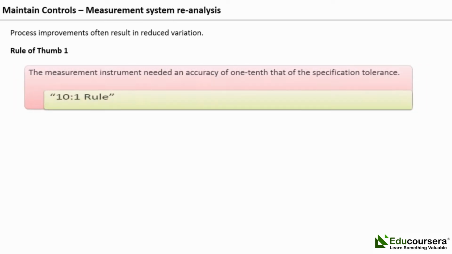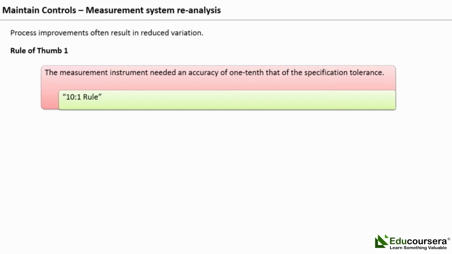An old rule of thumb was that the measurement instrument needed an accuracy of 1/10 that of the specification tolerance. This was also stated as the 10-to-1 rule. If the specification required 0.345 inch plus or minus 0.005 inch, the proper instrument had an accuracy of 0.0001 inch. Because the specification required measurement to the nearest 0.001 inch,